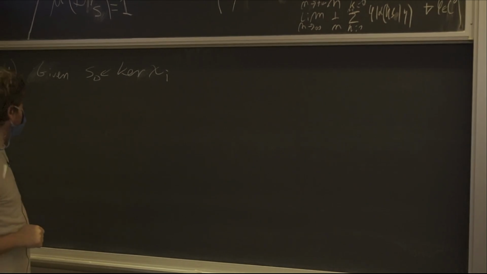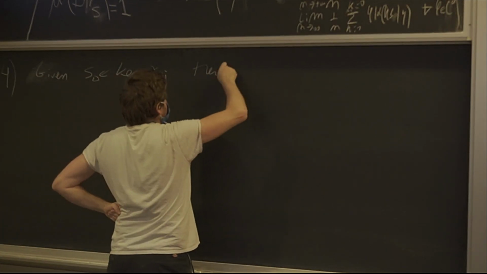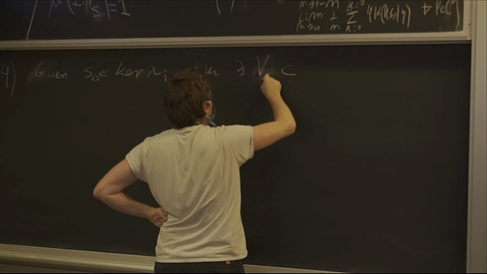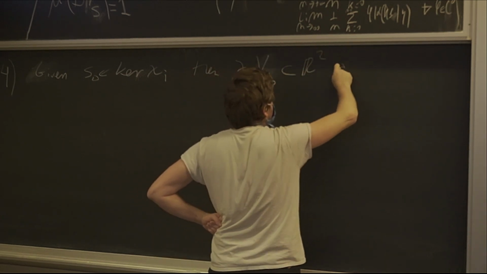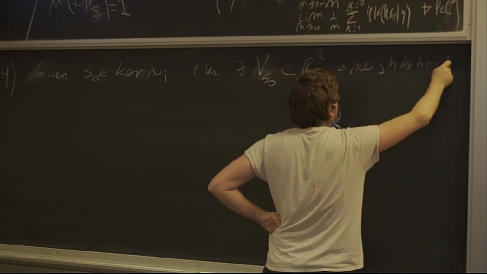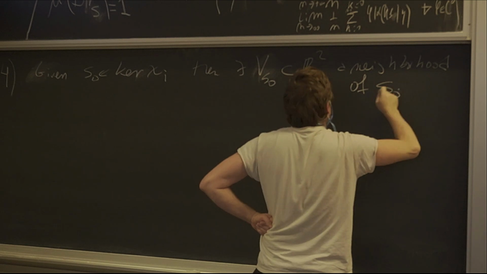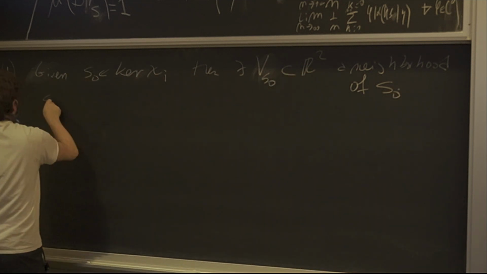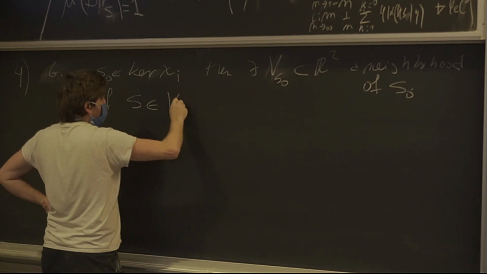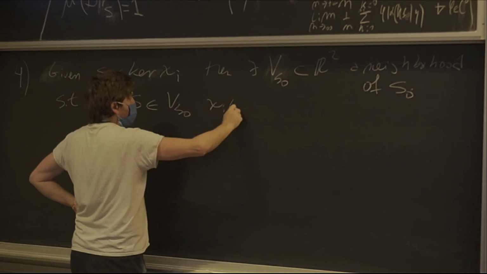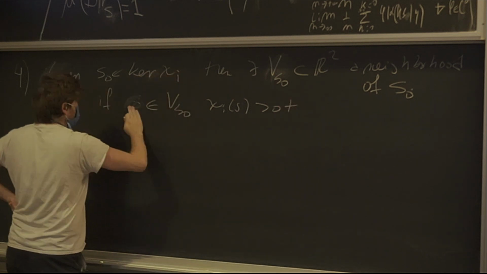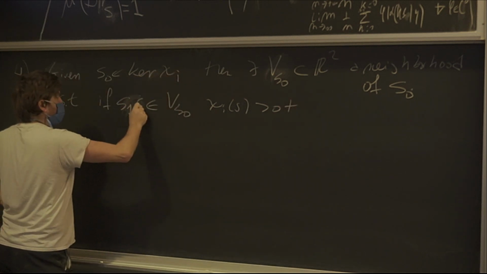There exists a neighborhood B of S naught in R2 such that if S is in this neighborhood and chi I of S is positive,